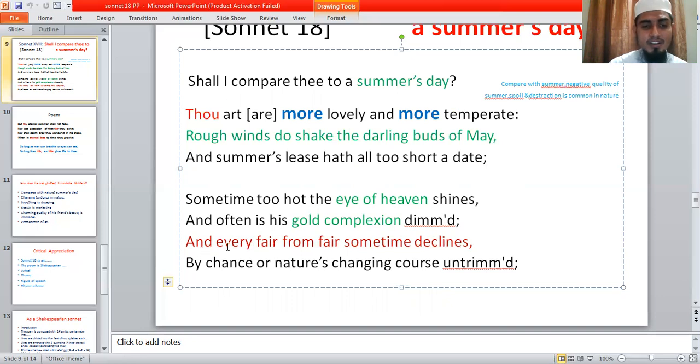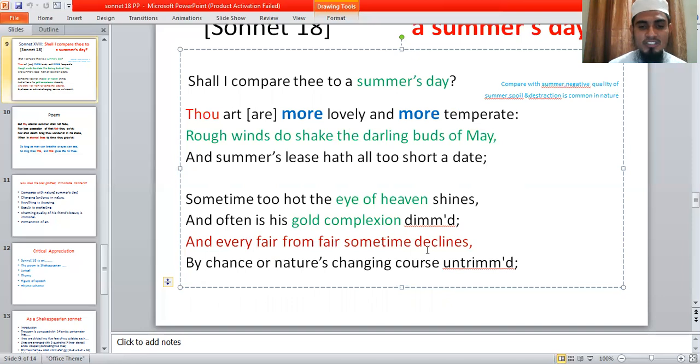It's a philosophical line here, my dear students. Here you can find that William Shakespeare gives a philosophy of life, that every fair from fair sometime declines. This is a universal truth in nature. Every fair from fair sometime declines. We know that